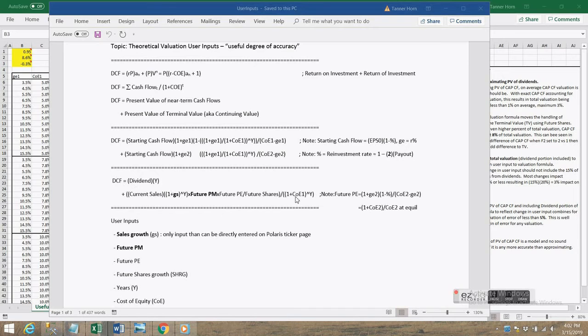Well, this formula used by Polaris is quite the result, considering how simple it's become and the familiar terms that it uses. Again: dividend, current sales, profit margin, price earnings multiple, share count. These are common accounting terms built around earnings, used by the investment world when interacting with retail investors. One of the big simplifications is that we were able to take the handling of buyouts out of